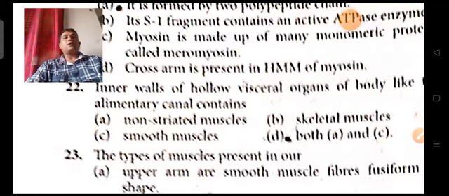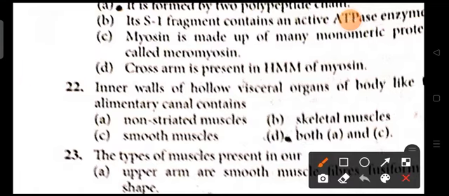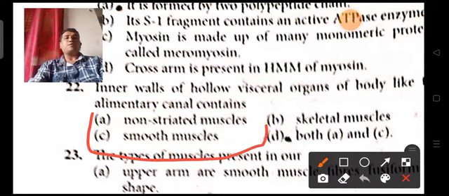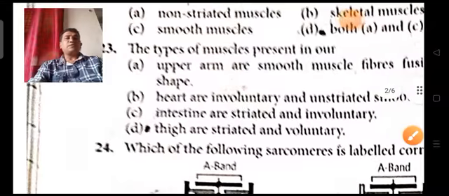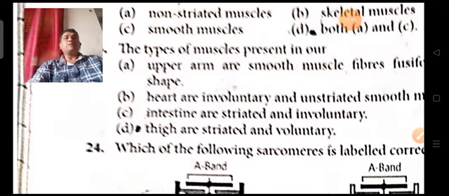So here non-striated or smooth muscles is the right option for this question. So D option is the right answer. Next, 23rd question,